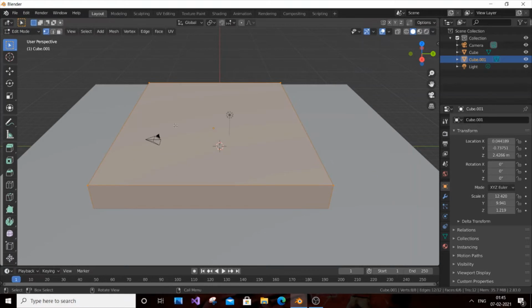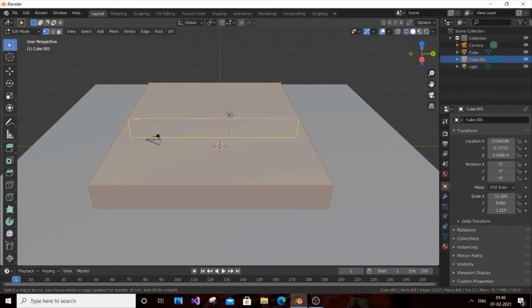Okay, so now we have selected our building. As you can see, our slate orange color is over our building, and we are in our edit mode. Now you need to press Ctrl R on your keyboard. As you can see here, I have pressed Ctrl R, and I have just hovered my mouse over the building. A faint yellow line, I would say golden color line, rectangle is in the middle. Okay, just press it.